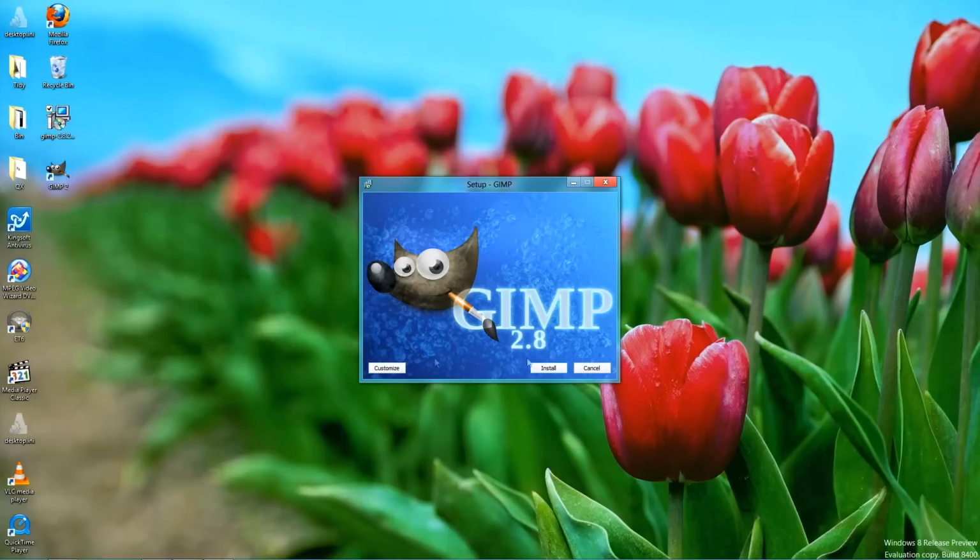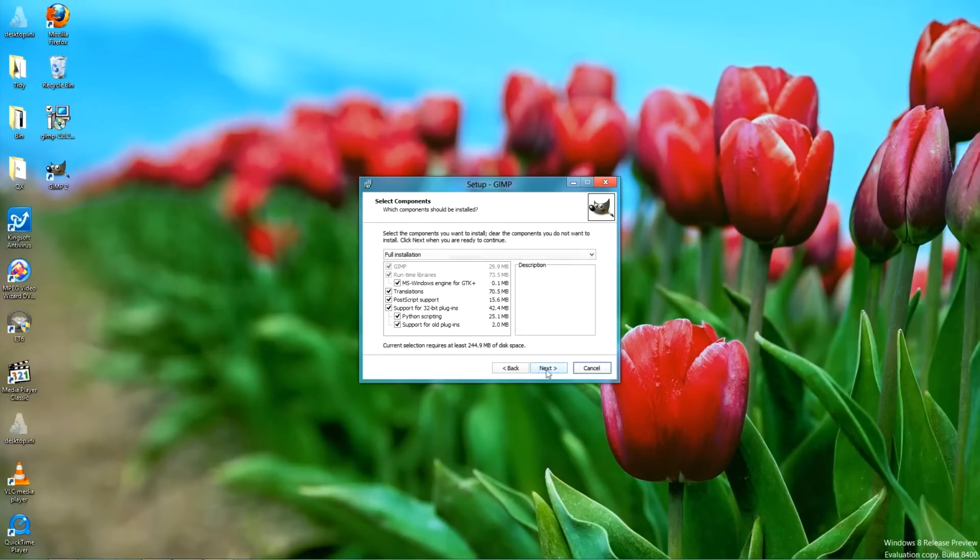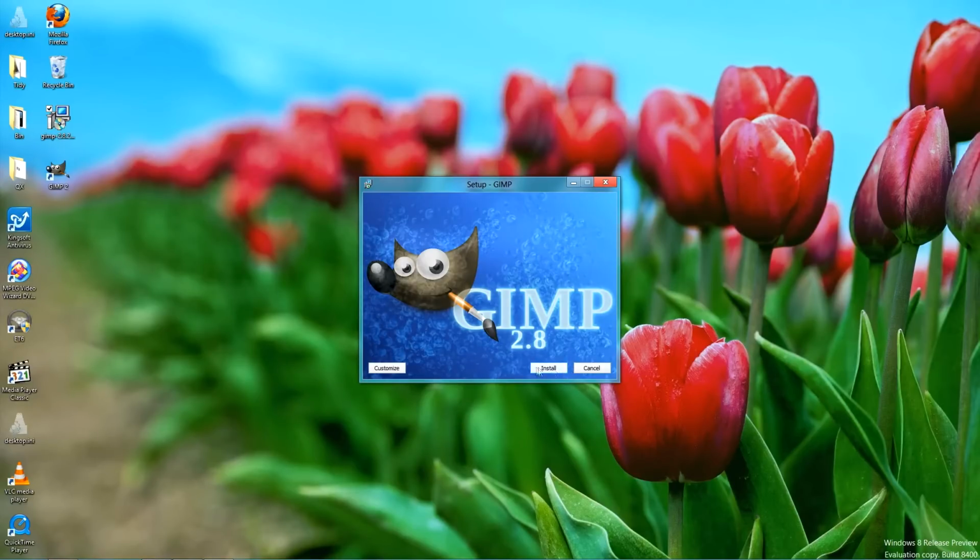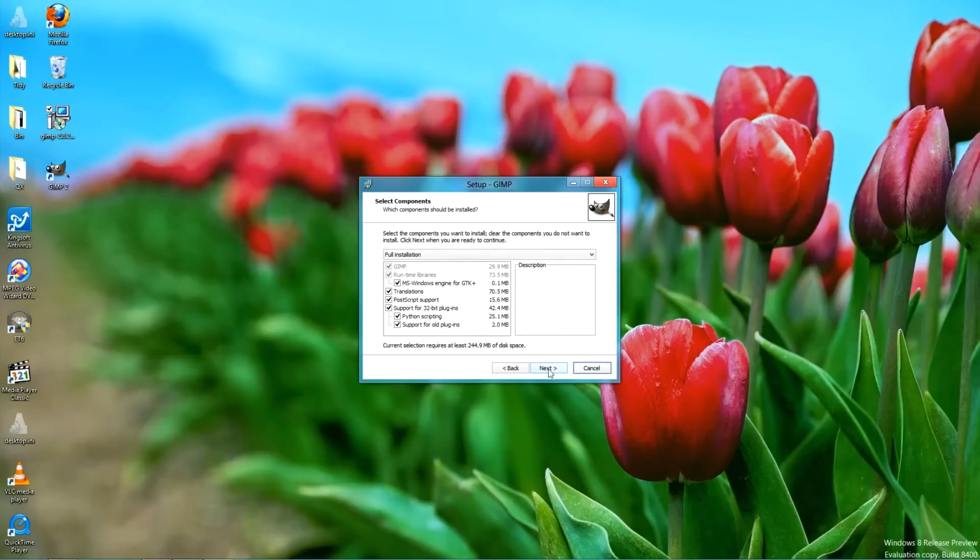2.82 came out just a couple of weeks ago, and it has a number of improvements over GIMP 2.80, which had some serious bugs if you're using it in Windows. I want to choose the customized version. You don't need to. You can actually just go and install it straight, but we'll just look at the customized